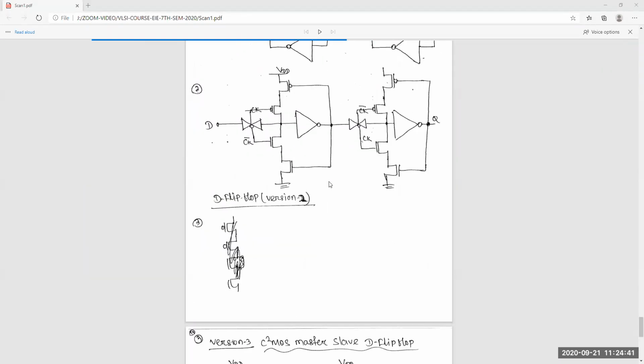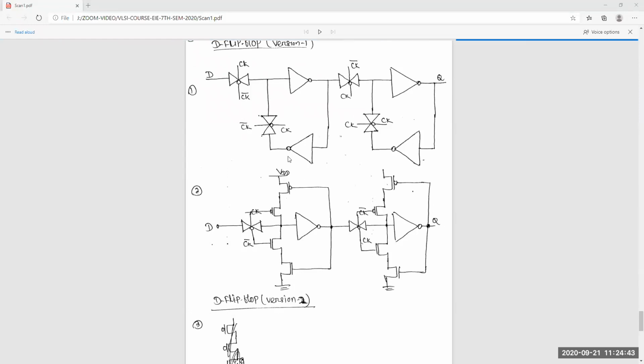Next, simply this is the only difference. In this case we are using this part, and the rest is the same.